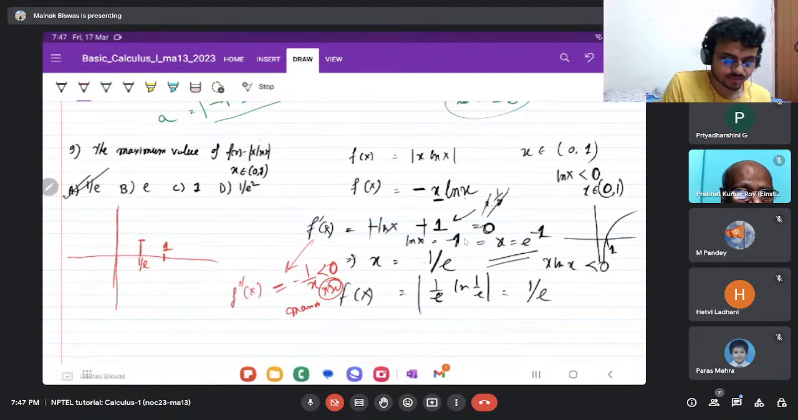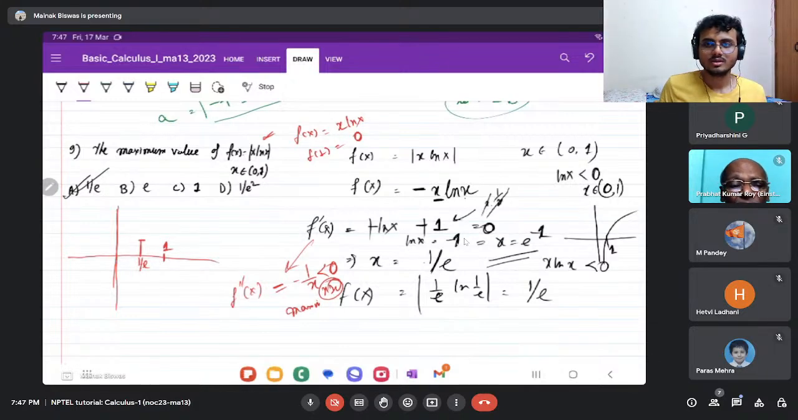At 1, this function goes to 0, right? f(x) is equal to x log x. f of 1 is equal to 0. f of 1 is 0. f of 1 by e is, for log x, it's